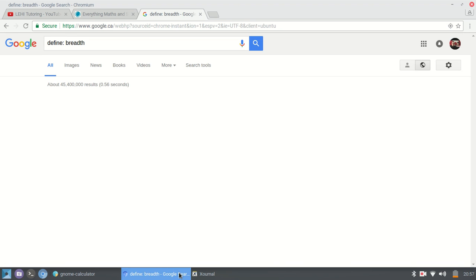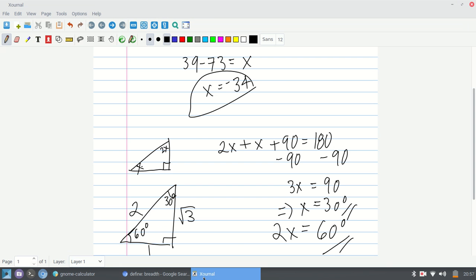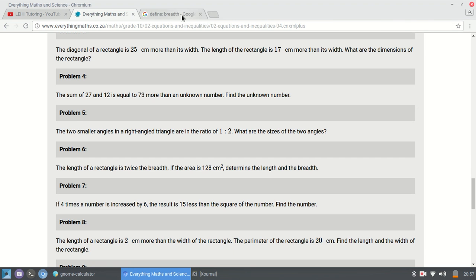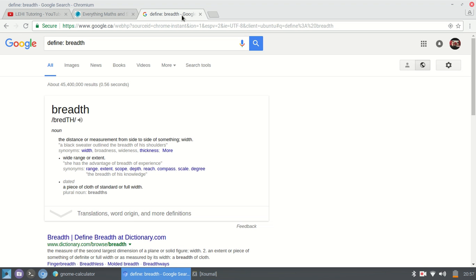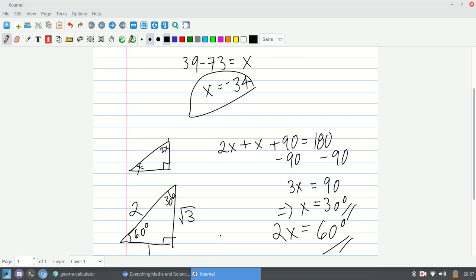Come on, internet, don't fail me now. The width, yeah, okay, yeah. So it's just a length, I think, from side to side of something. Yeah, so it's probably just the length. Why wouldn't they just say length? Oh, the width. Okay, why wouldn't they just say width? Anyways, so